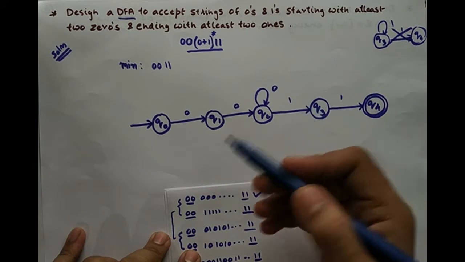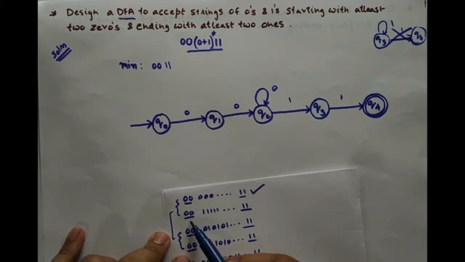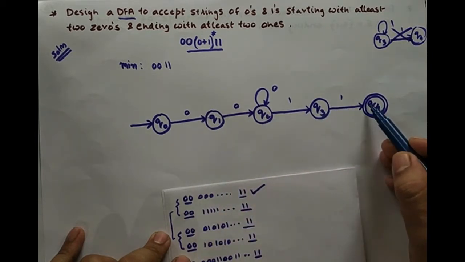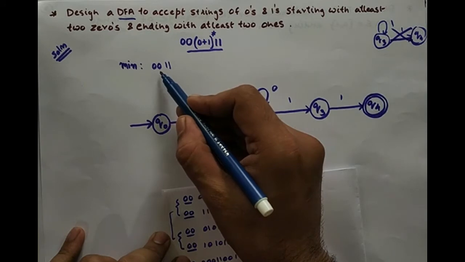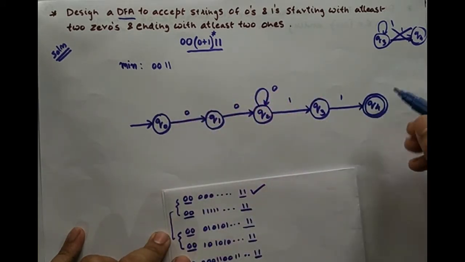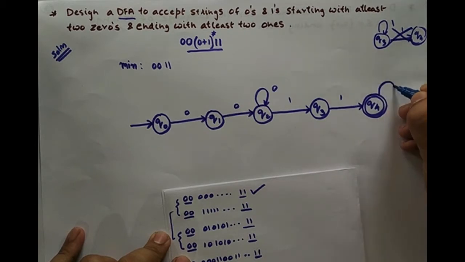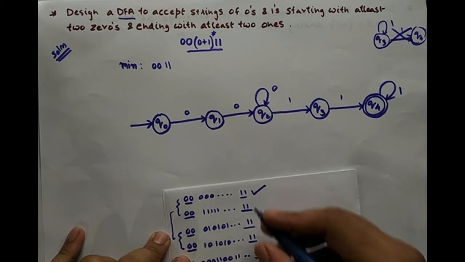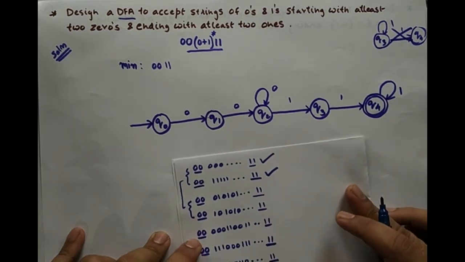So you cannot have self loop here also. Then what is the possibility left? The string to be satisfied is 0 0 followed with n number of 1. 0 0, first one, second one. The moment you get this after 2 zeros, 2 ones, that means this given string is accepted. Now any more number of ones, it will be still accepted, no? So make self loop here and not here, so that this string is accepted.